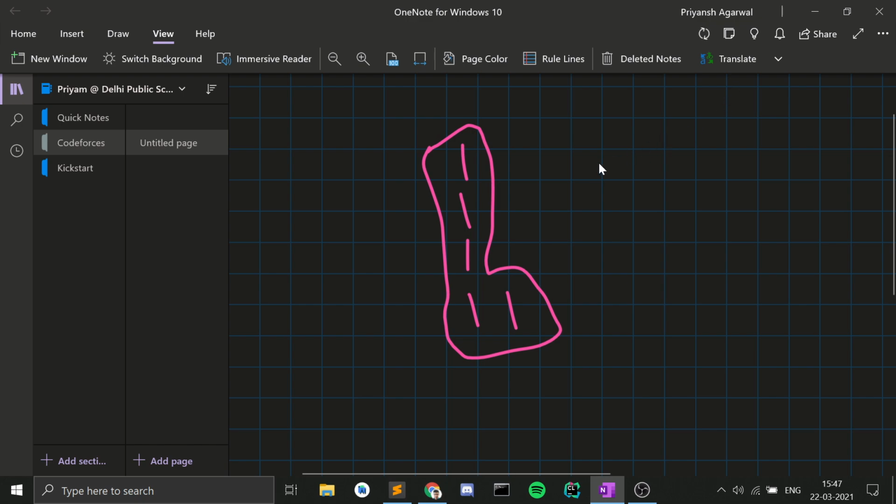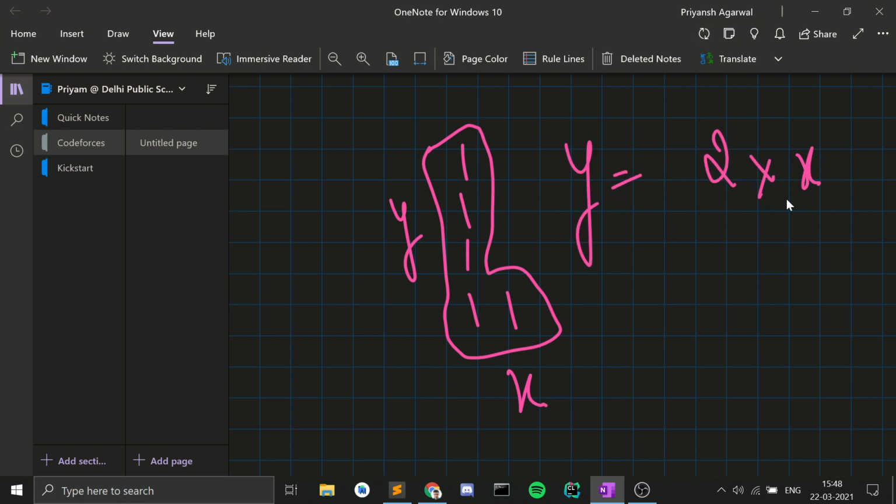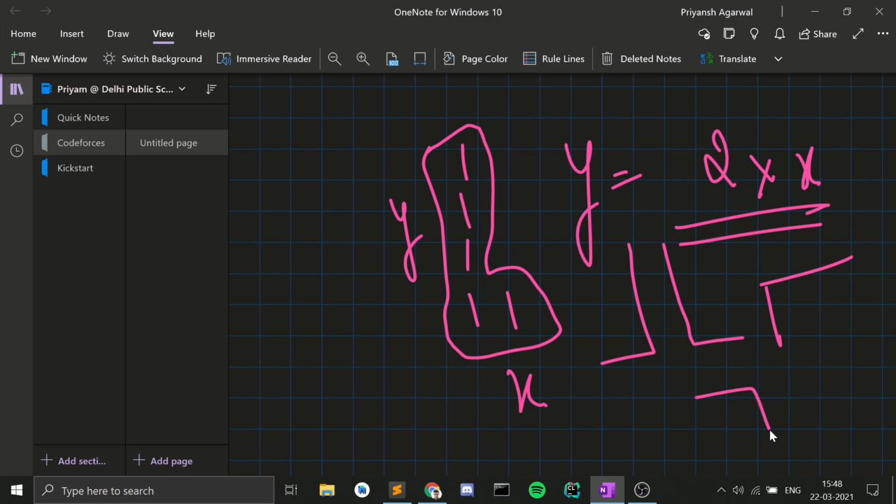That is the first condition. Secondly, the length of the smaller side should be equal to half of the length of the longer side. That is, if this is the longer side and this is the shorter side, this condition should be true. That is just about the problem statement. Another thing that is important here is that the orientation of this L shape does not matter. That is, this L shape and all of these are different. These will be considered different.